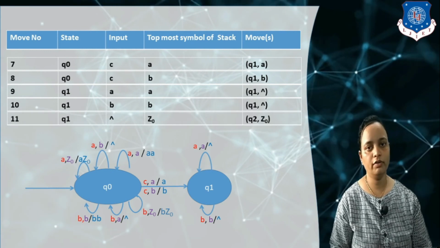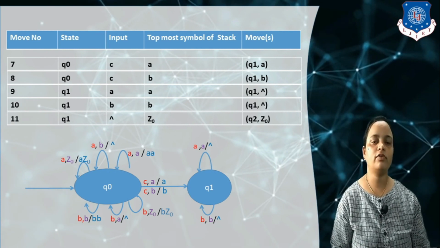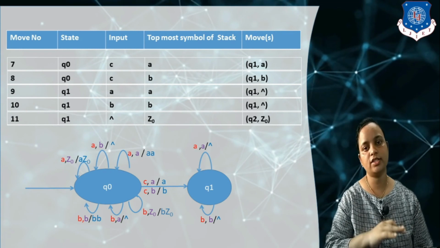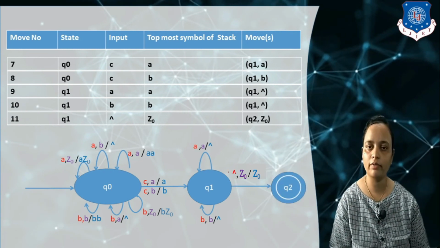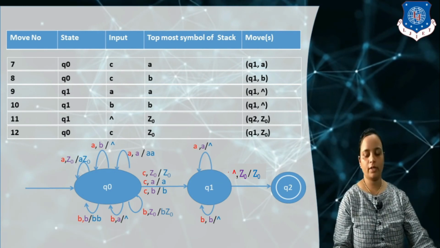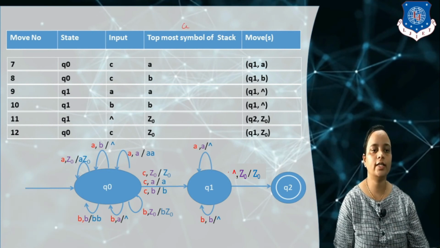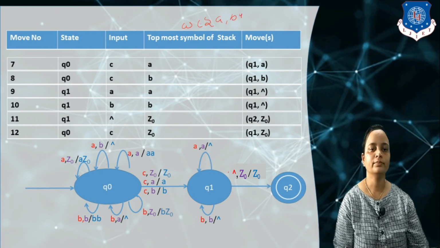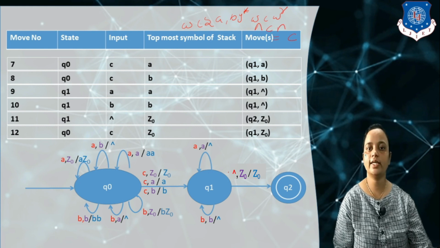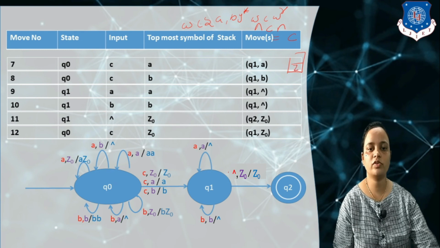If at q1 we reach the end of the string, null, and the stack contains Z0, what are we going to do? We perform a skip operation and transfer to the final state, so here q2 is our final state. At state q0, if null appears, because they have mentioned the string w where w belongs to {a, b}*, it means w c w raised to r, so w may be null. So null dot c, only c, is a valid string, the minimum length string. How can we accept this?